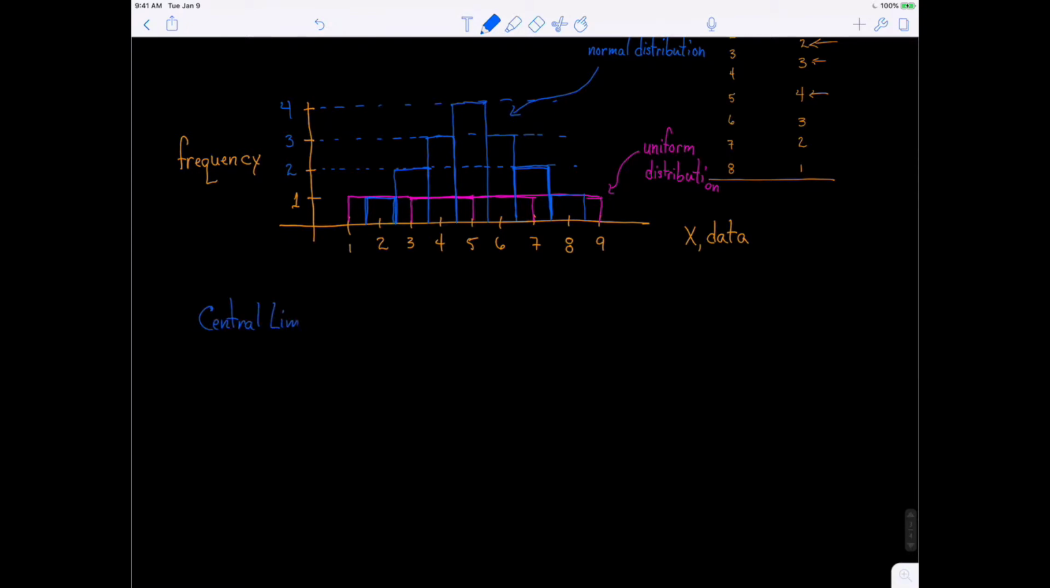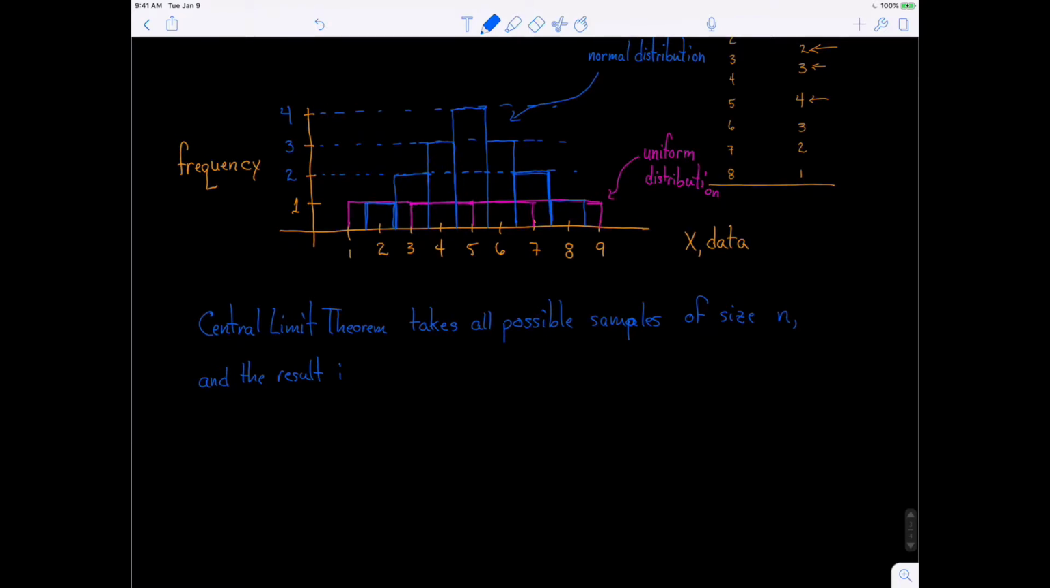The central limit theorem takes all possible samples of size n, and the result is a normal distribution